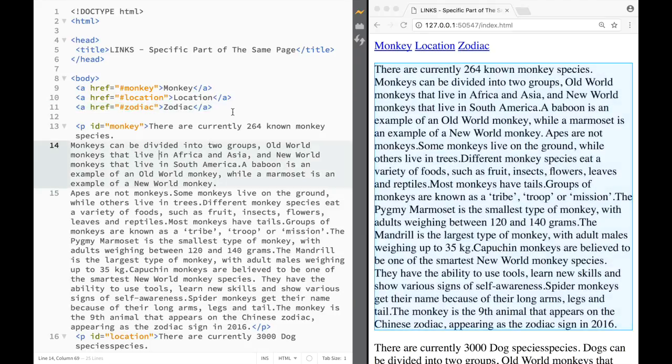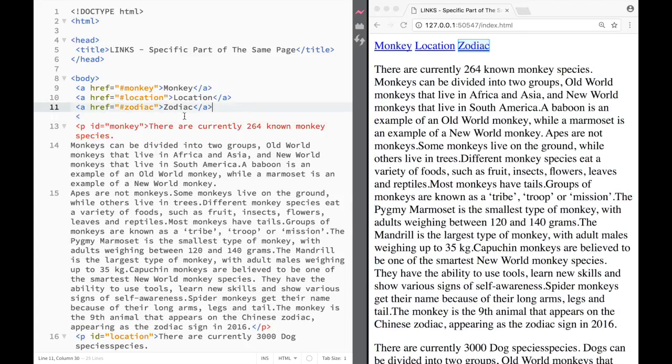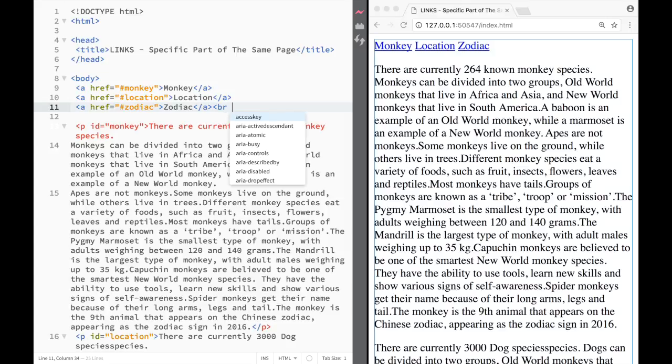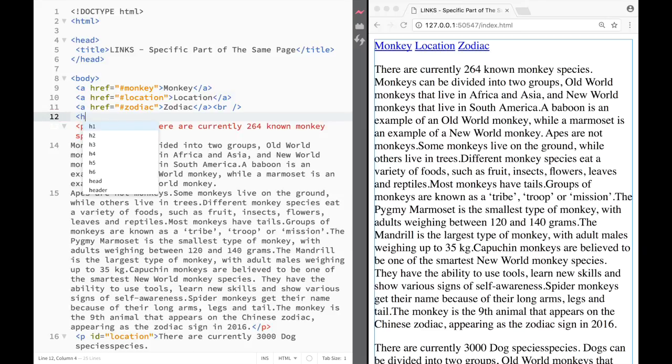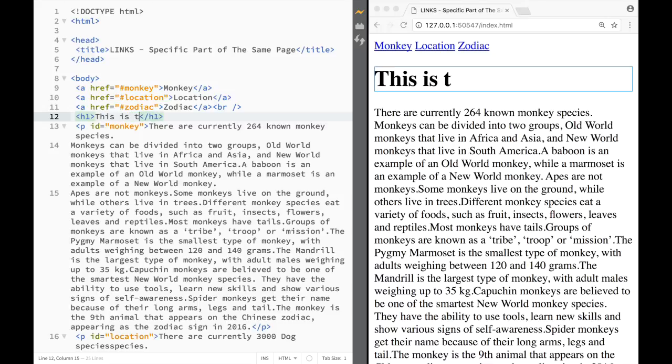Now, what we also can do is, let's say I'm going to create an h1 element all the way over here on top, but I'm just going to create a quick line break over here. So it's a little bit different. Now I have a line break, and let's create an h1 element. The first heading, and this is going to say this is the top, right? And we're going to give this heading also an ID, and I'm going to say that this ID is top,